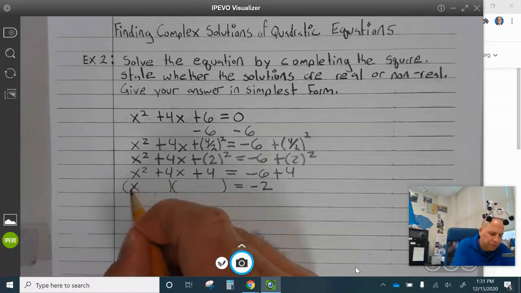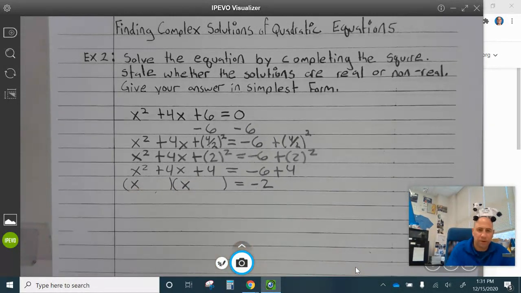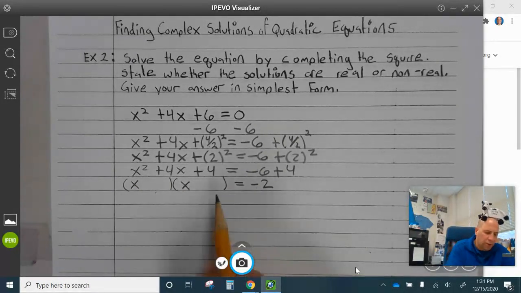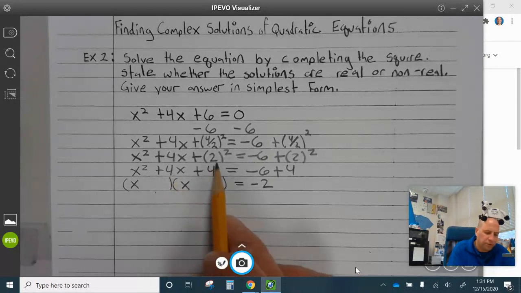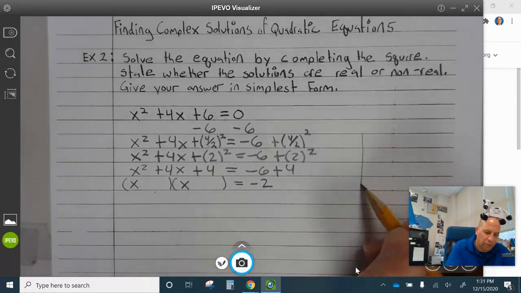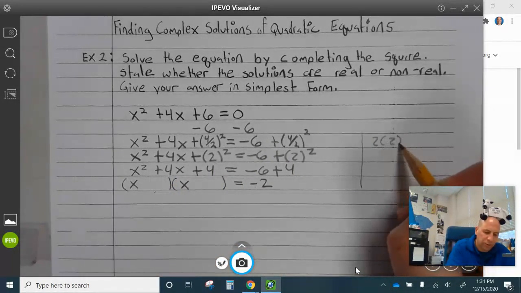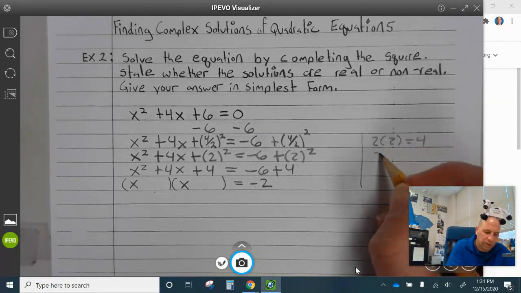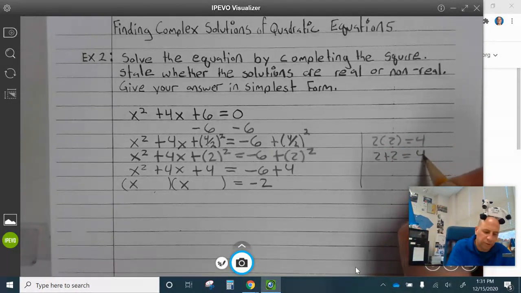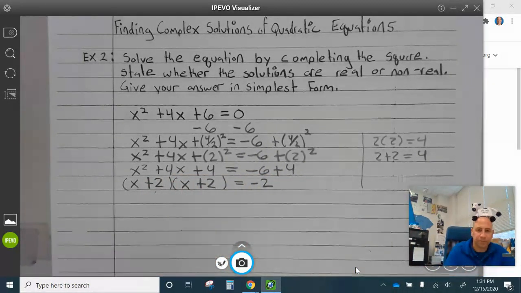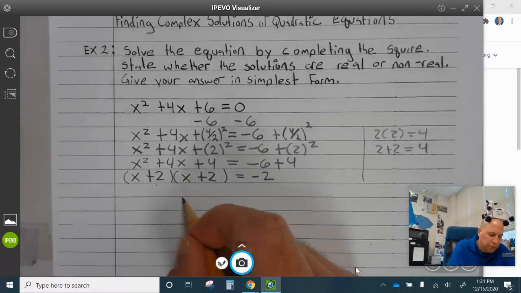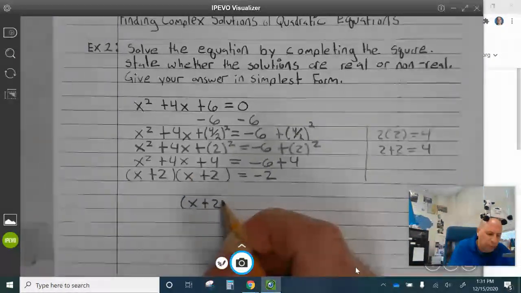Now we know x and x makes x squared. Now we need to figure out what numbers multiply to give you 4 and combine to be 4. Well, the answer is 2. So 2 times 2 is 4, 2 plus 2 is 4. So this is x plus 2, x plus 2. Well, this is x plus 2 squared